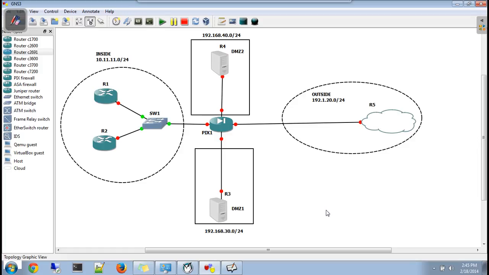All the interfaces of the firewall, let's just bring up the names.